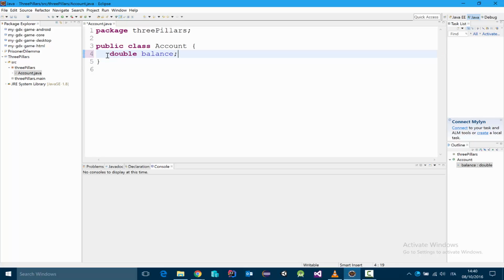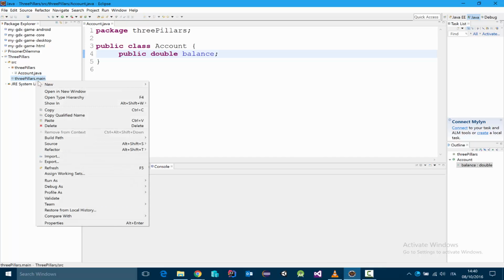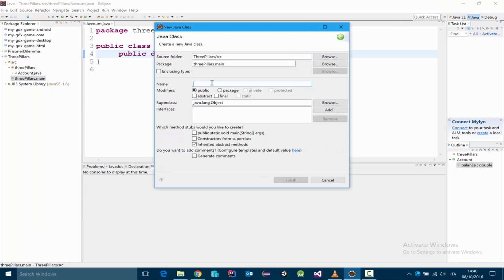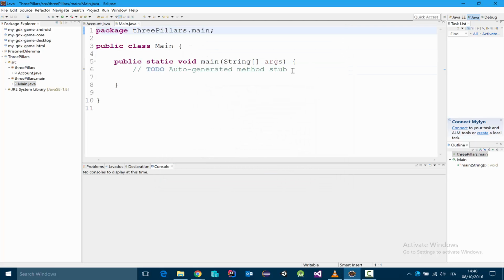And now we have to ask ourselves, what kind of visibility do we want to give to this variable? The simplest of the choices would be to make the variable public. What are the consequences of this choice? Well, if you go in another package and we create another class, and we'll call this class Main, and we ask Eclipse to generate a main method, then we can see that when we create an account, a equals new Account,